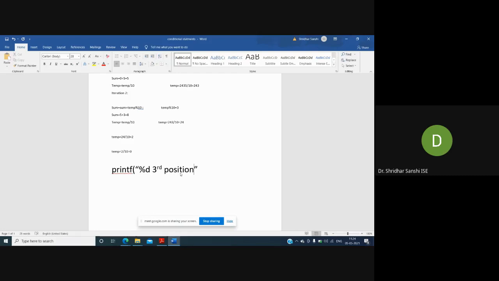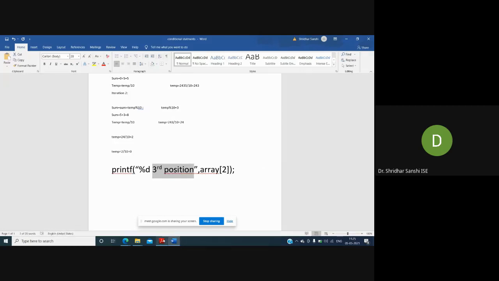If I want to print the third position, what will be my index number? Array of 2, because the array index starts from 0. So if I give index 2, I will get the third position of the array.